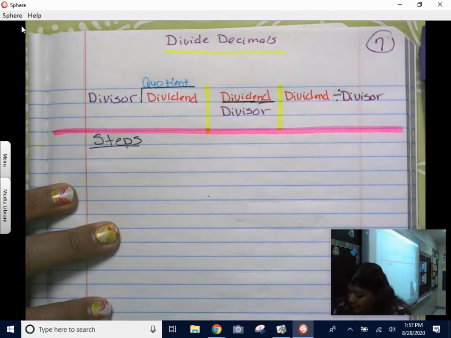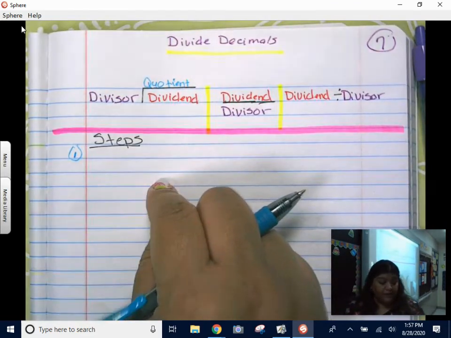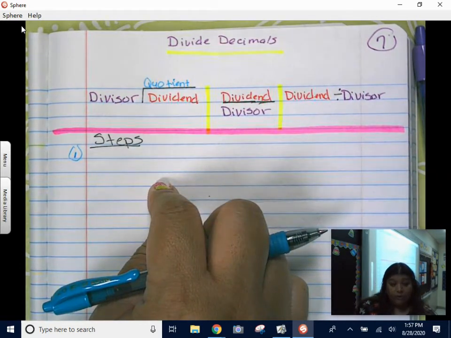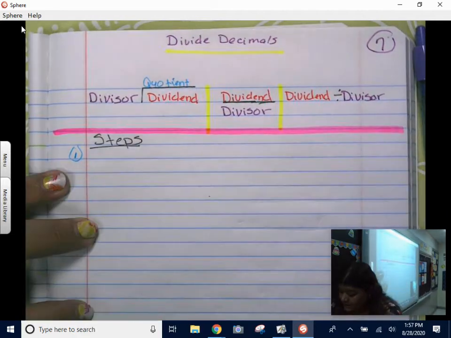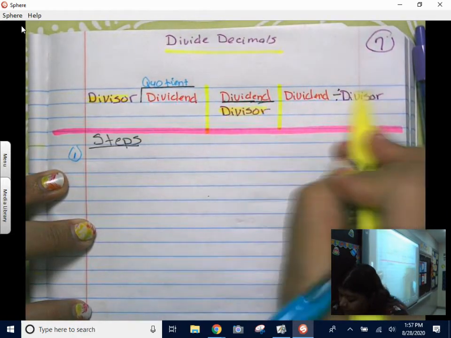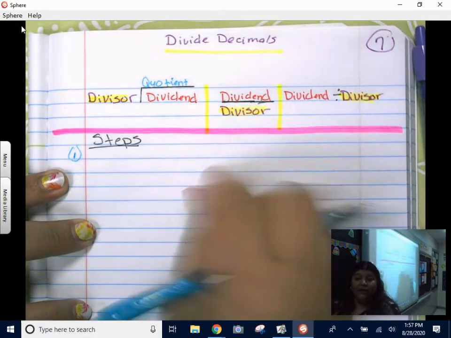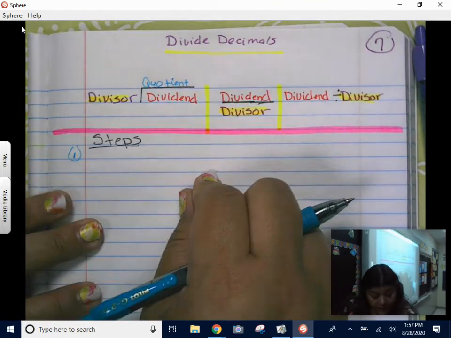So for step number 1, we need to make sure the divisor is a whole number, okay? So we need to make sure this is a whole number. So I'm gonna go ahead and highlight that, this needs to be a whole number. This needs to be a whole number, and this needs to be a whole number, okay? If it's not, we're going to have to change it into a whole number, all right? So step 1,